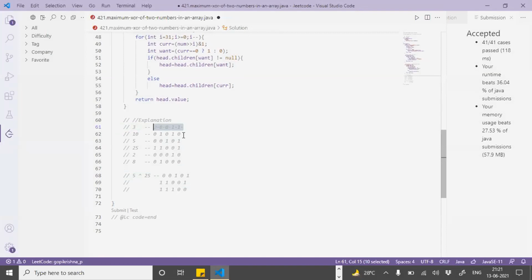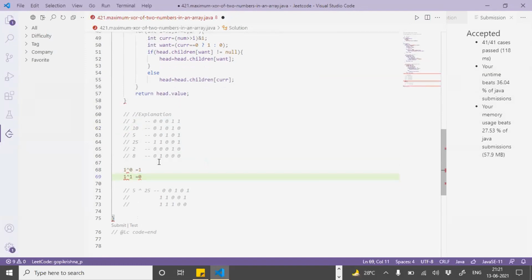In order to maximize the XOR, we try to find the most significant bit which is set. If we have 1 XOR 0, that is 1, and 1 XOR 1 is 0. So in this case, if we have 0, we'll try to find a number from the other numbers which has the more significant bit 1.